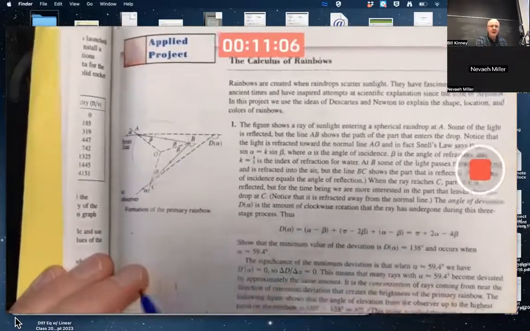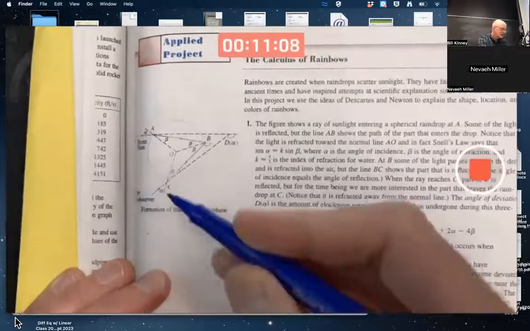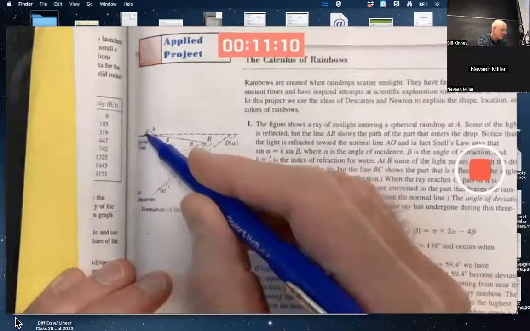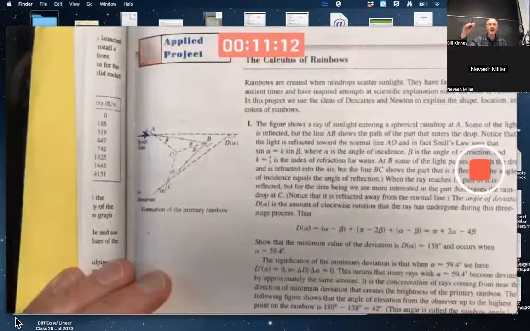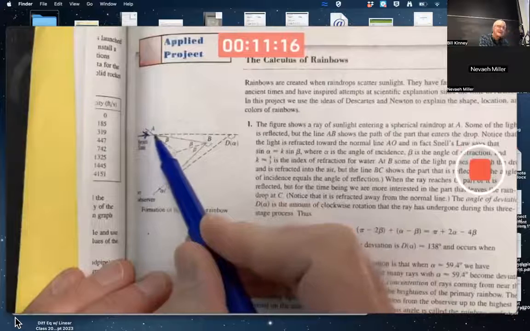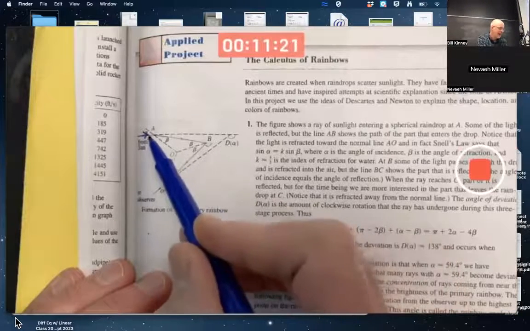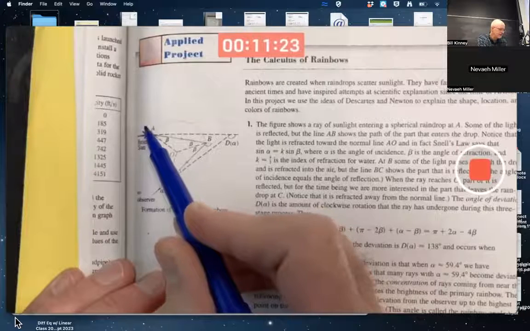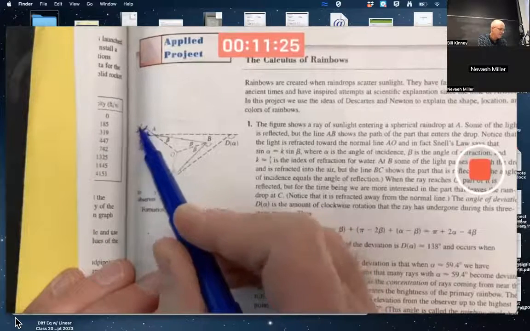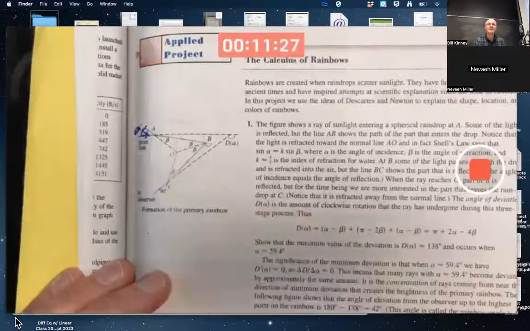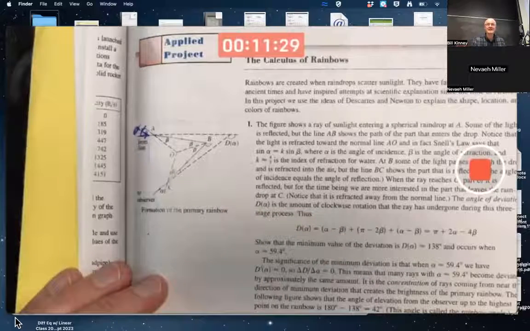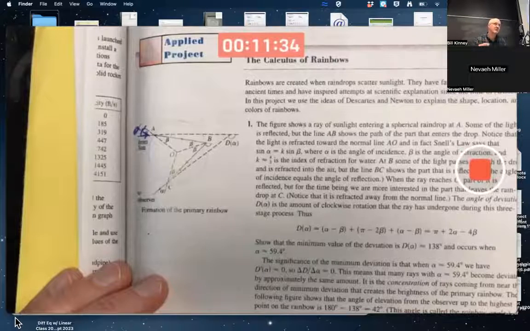We talked about this diagram that you see here, showing that if you've got a ray of light coming from the sun, when the sun is low on the horizon, so near sunset or near sunrise, it hits the water droplet here at a certain angle of incidence. This angle that you see right there was labeled alpha. That's the angle of incidence. And because of refraction, which really results from the fact that light actually travels slower through water than it